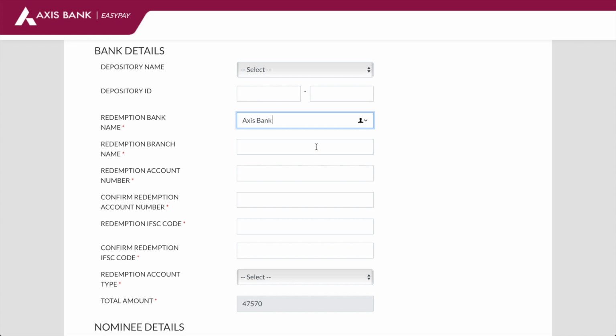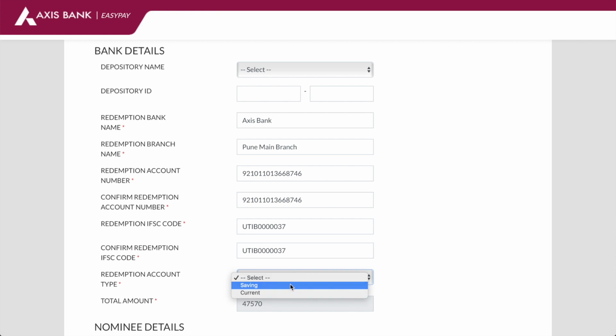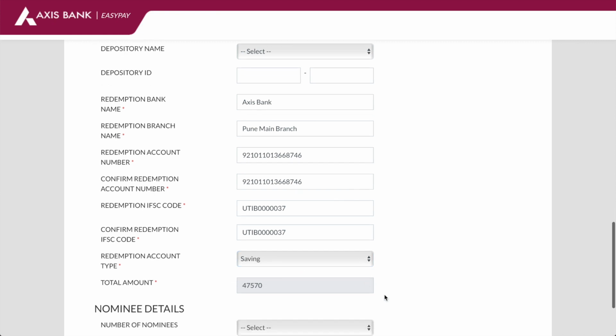Whatever bank details you enter into this section are going to be used to deposit the interest that you are going to get out of this sovereign gold bond. Plus, when the sovereign gold bond matures, the maturity amount will be credited back to this account. It can be either your savings account or current account. Post entering your bank details, verify the details that you entered once.